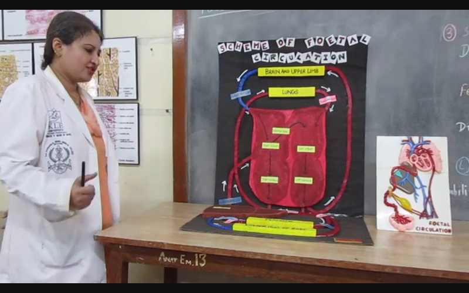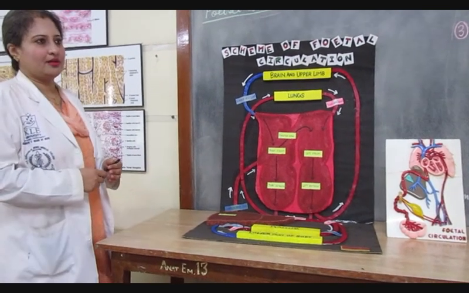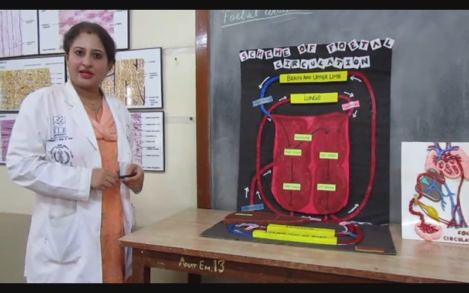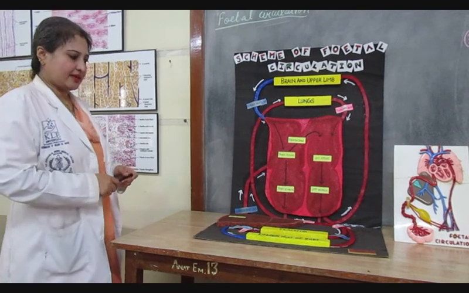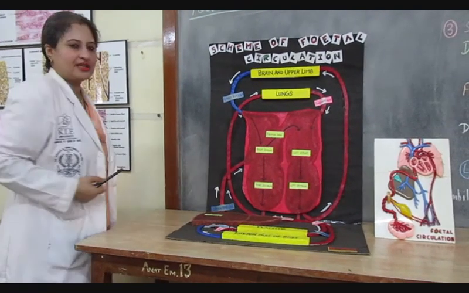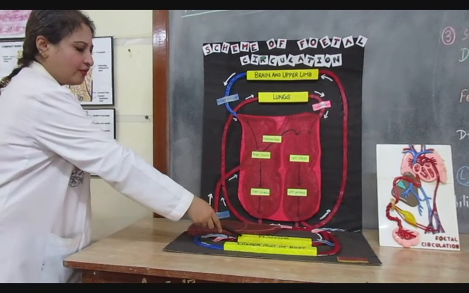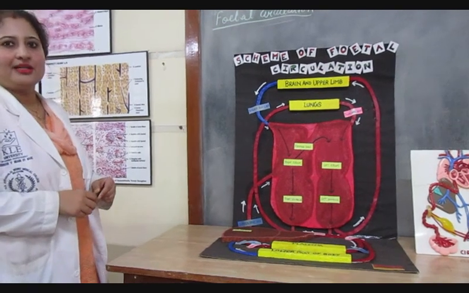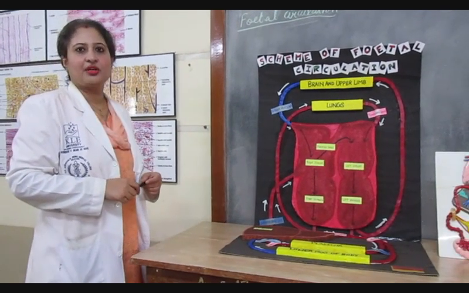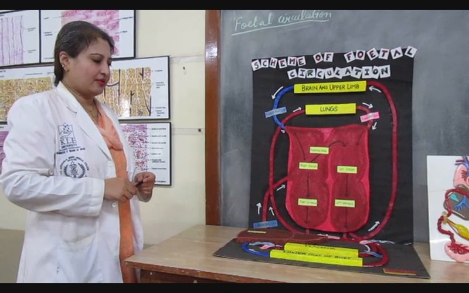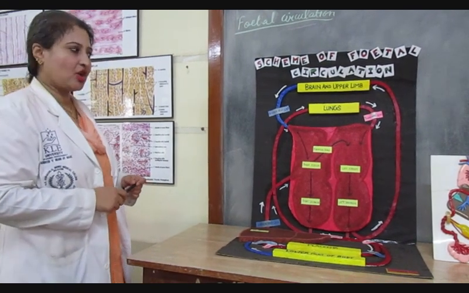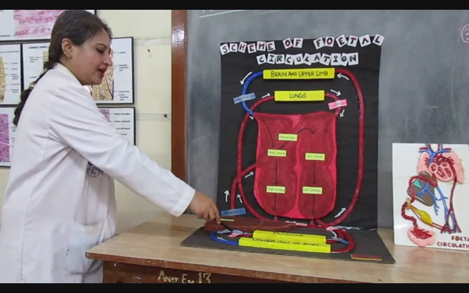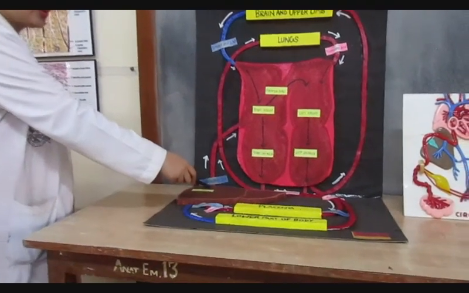The fetal circulation, basically purification of blood, oxygenation of blood and nutrient-rich blood is already ready-made, coming to the fetus from the placenta. So we have an organ of materno-fetal exchange that is called the placenta, from where we have the purified blood that is coming from the umbilical vein. Umbilical vein is called a vein because it is going towards the fetal heart. Okay, and though it is carrying oxygenated blood, because it is going towards the fetal heart, we call it a vein. Okay, so this umbilical vein is going to go through the liver.